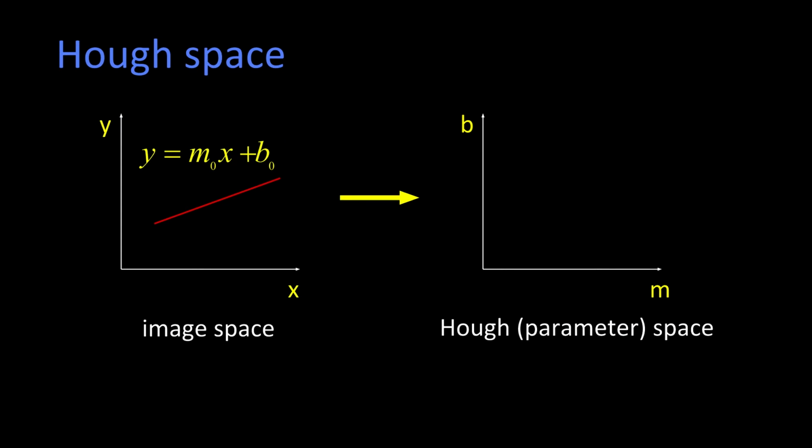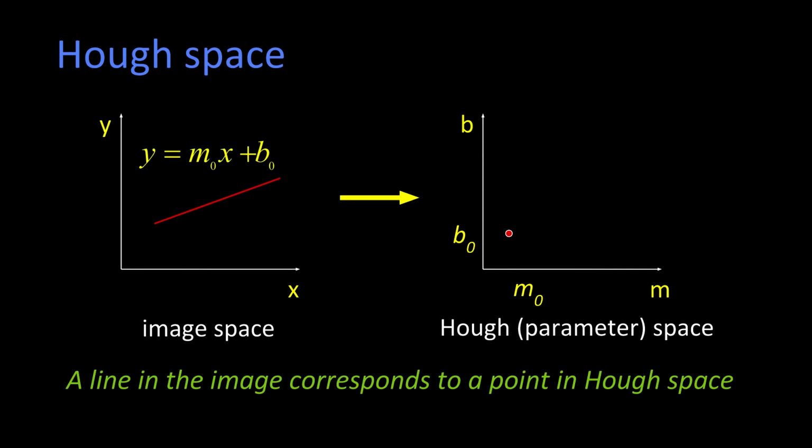Anyway, so you remember that the equation of a line is y equals m0x plus b0. So what we're going to construct is what's called Hough space, and it's really the Hough parameter space. And in lines, in this representation, we have two parameters, m and b. So for this line, y equals m0x plus b0, that's represented at a location in the Hough space at m0, b0. So there it is. There's the point in Hough space. A key idea here is that the line in the image corresponds to a point in Hough space. Okay, you got that? A line in the image corresponds to a point in Hough space.